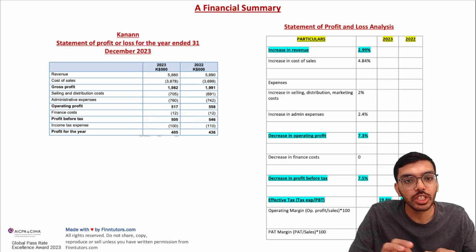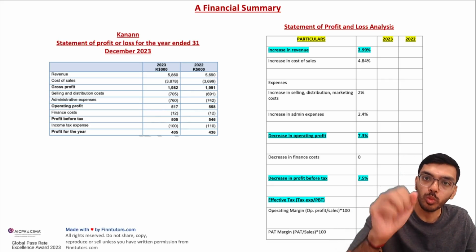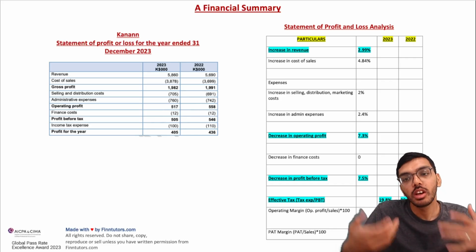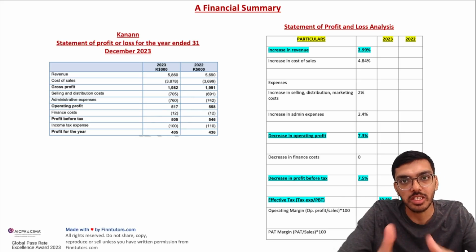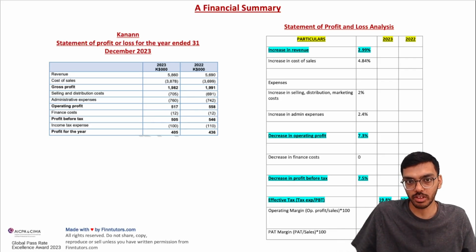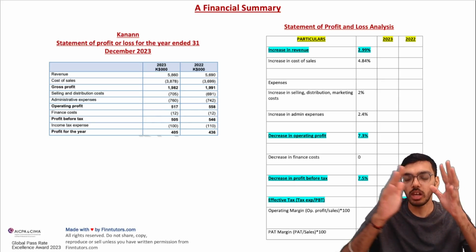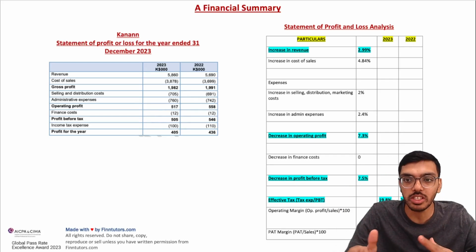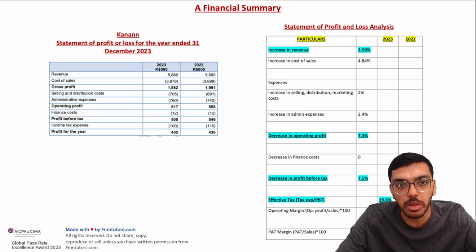Now we are doing a financial summary. Again, this is a summary. I am going to go through with you the statement of profit or loss and show you my analysis for it. Naturally, I cannot break down every single statement for you because of the 60-minute synopsis that we have created, but this will give you a very good sneak peek into what our full financial analysis is like. We analyze every single table, every single profit or loss statement, statement of financial position, cash flow statement, budget statements. We'll analyze everything one by one in our full analysis. Over here, I'm doing a summary for you.